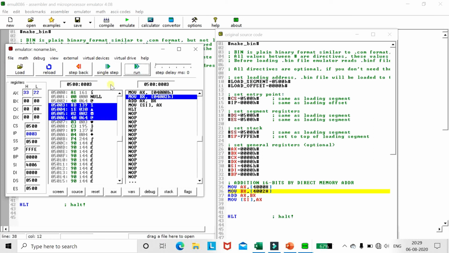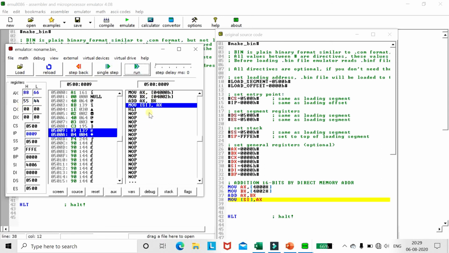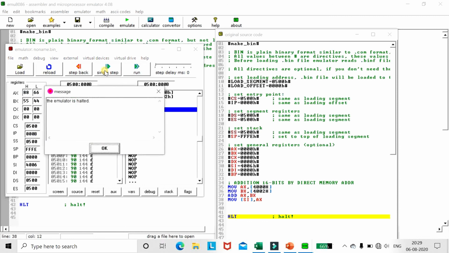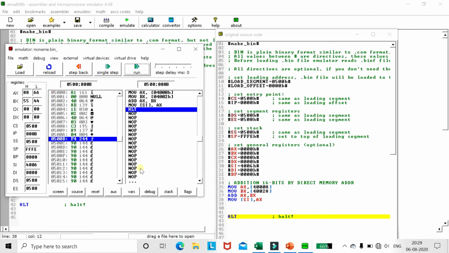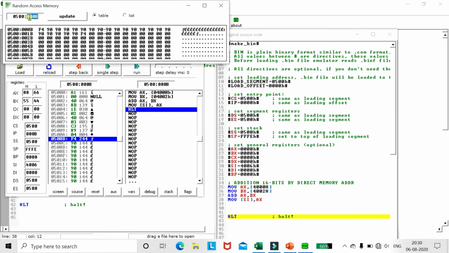So you can see that the content of the AX register is now 3322, the content of the BX register is 5544. The result of the operation will be transferred into the memory address in the SI register, 4006. Stop the code. Okay, so done. So now we will check the result of the operation which is present at 4006. So we will start with 4000 only. So in memory, give here memory location 4000, update it.